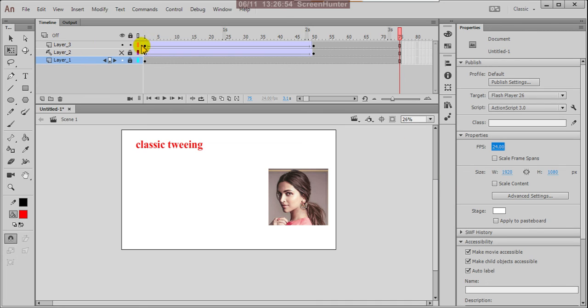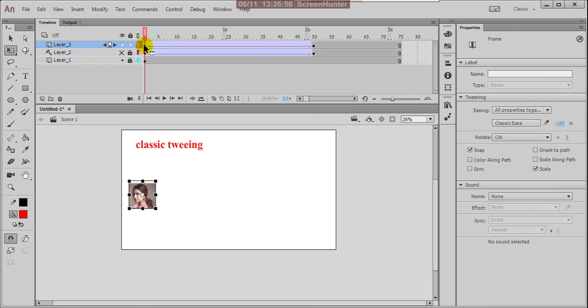In the animation class, then only you'll understand what all this orient to path and all is. Okay, and in the same way here, anti-clockwise, counterclockwise and clockwise, and auto. So auto rotations.